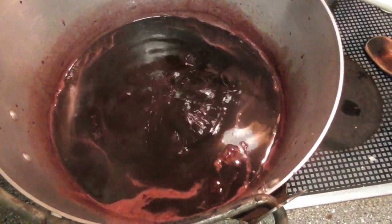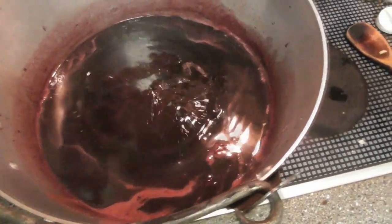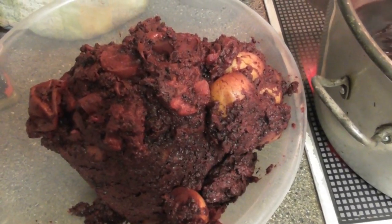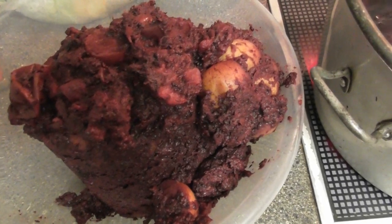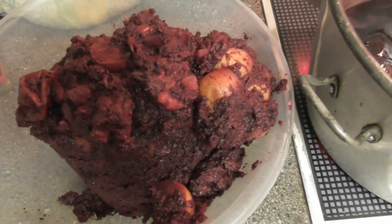in the kitchen. So this is the bramble jelly, and it is very close to hitting the setting point. And what I have here, that is the pulp, so that's going to be pressed through a sieve probably tomorrow, and that will be used, the fruit puree will be used with some apples to make a seedless apple and